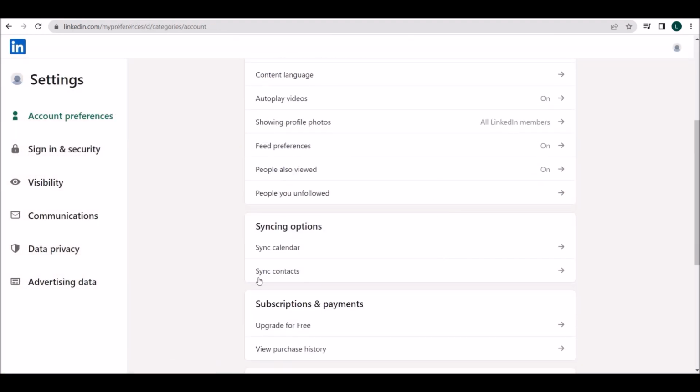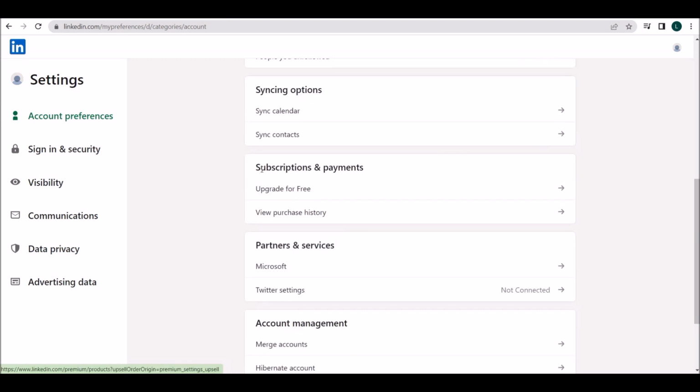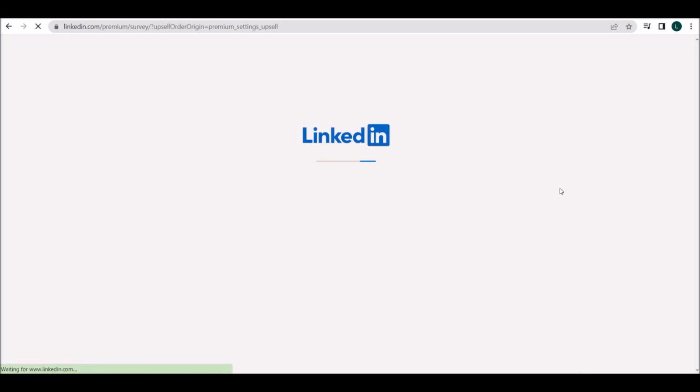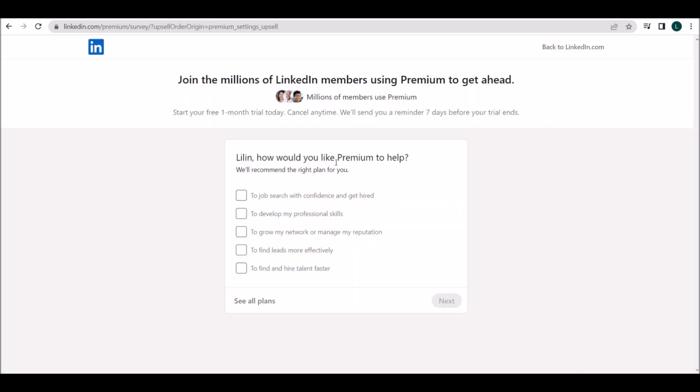After syncing the contacts, next you can manage your subscriptions and payments. Upgrade to a Premium account for free and view purchase history. To upgrade your account, click here. See how you would like Premium to help you by clicking the relevant checkboxes here, and check all the recommended and available plans by clicking this